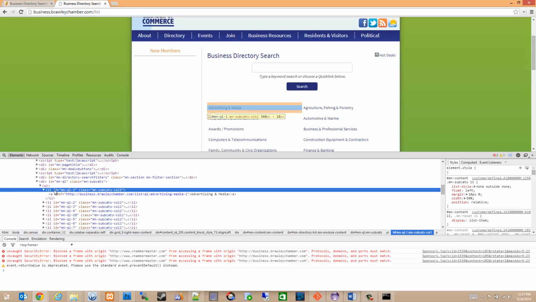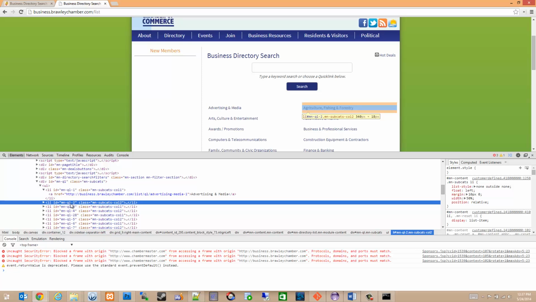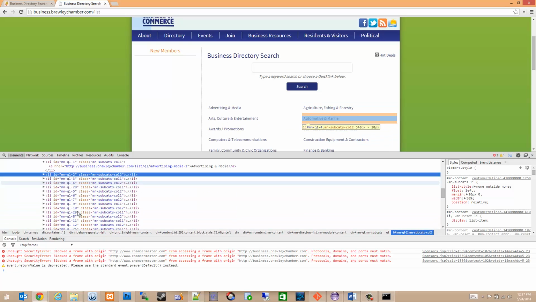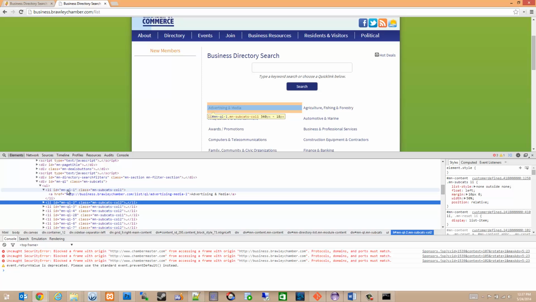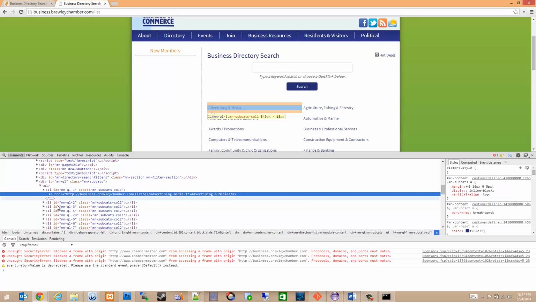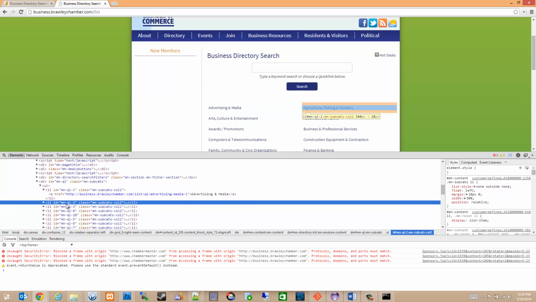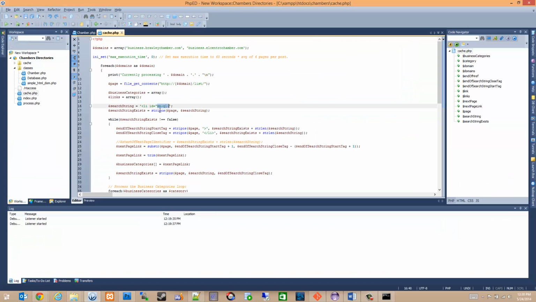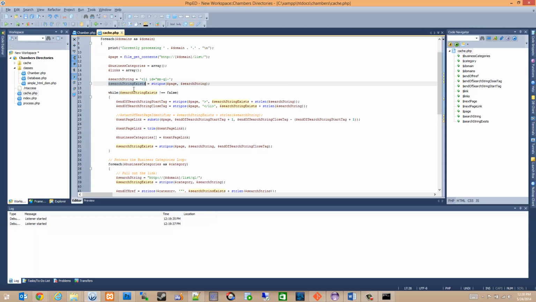As you can see here, for the first category, it has mn-ql-1. For the next category, it has mn-ql-2, and so on. So if I can filter the results, out of all the HTML on the page, if I can filter out just these links, then I'm good to go for finding the subpages and saving a copy of those. So that's where we find that search string, and so long as we continue to find that search string as we progress from the top to the bottom of the document,